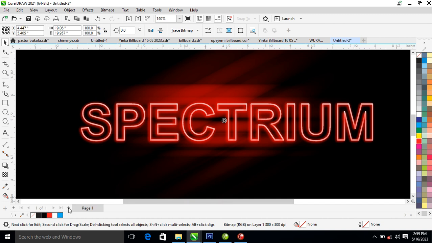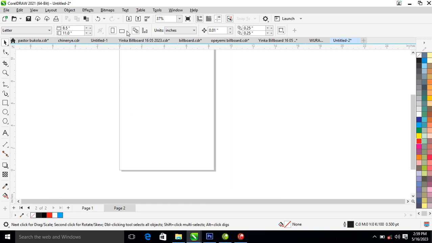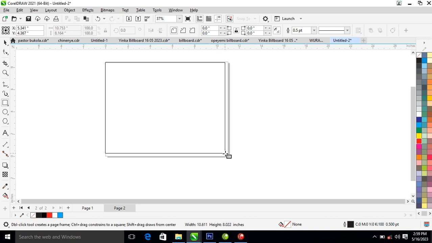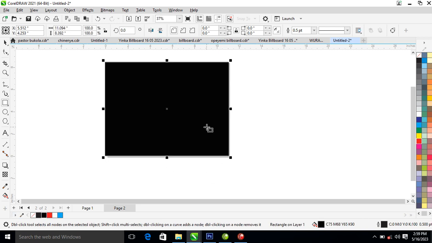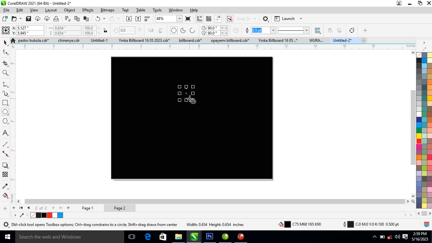So let's go over and create a new page. Right now let's just make it landscape. Then you go ahead and create an object on top of that. Let's change that to black. It has to be the darkest black ever. Can you see this? So right now, before going further, let's go over to our ellipse tool, create a dot